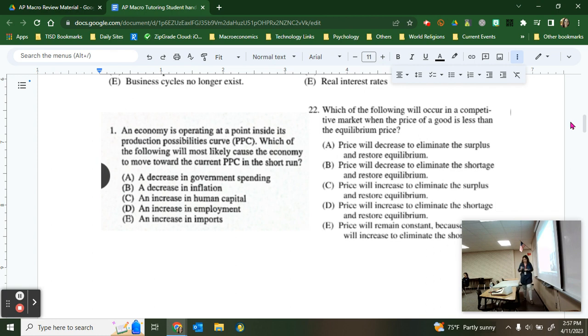And so this was, fall semester kids, you've seen this question before. Increase of employment is the correct answer. I actually want to make notes and annex every single answer choice here. Okay, decrease in investment spending. I want you to write decreases aggregate demand, no change to PPF. So on letter A, a decrease in government spending lowers aggregate demand, but there's no change to the PPF curve.